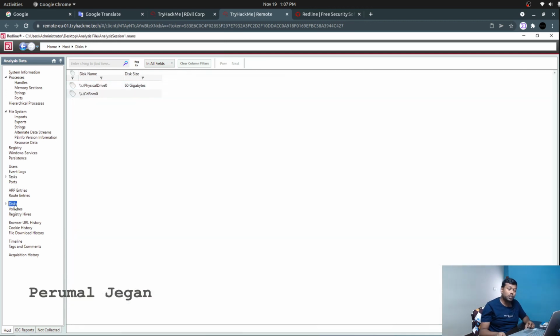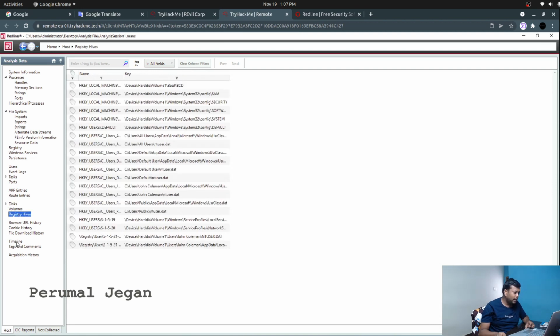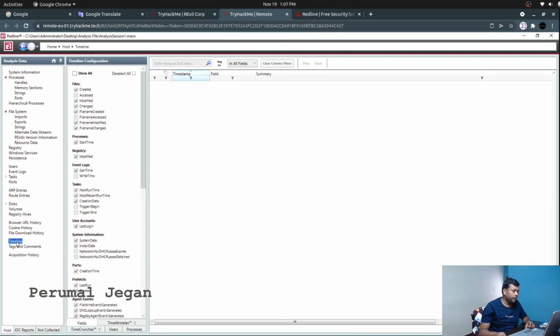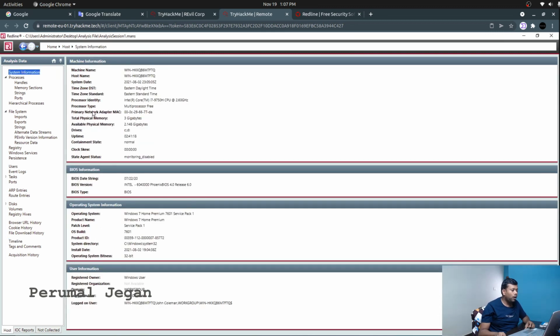We can also do some memory analysis. There is an option called disk, where we can choose the relevant disk, and registry hives, and timeline, where we can see the list of changes based on certain actions. These are the overview of this particular Redline tool.